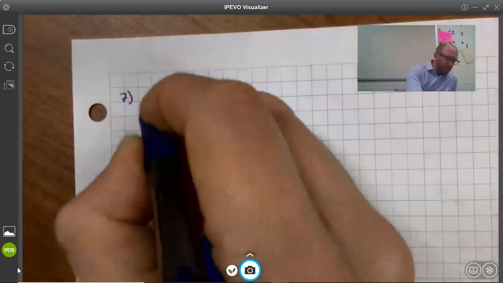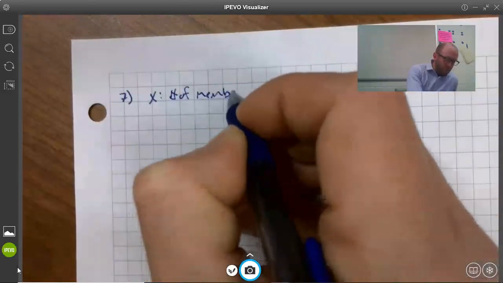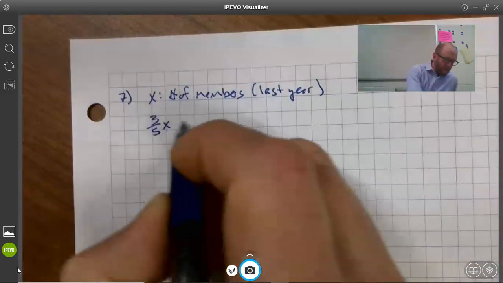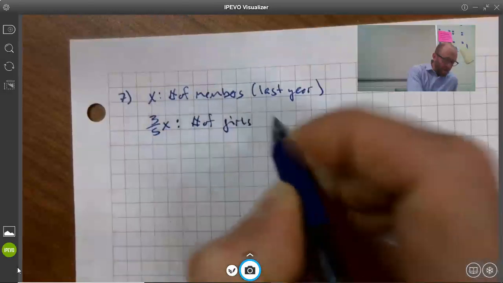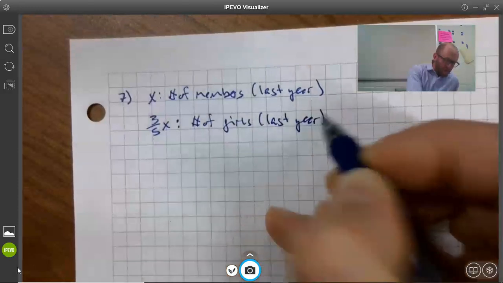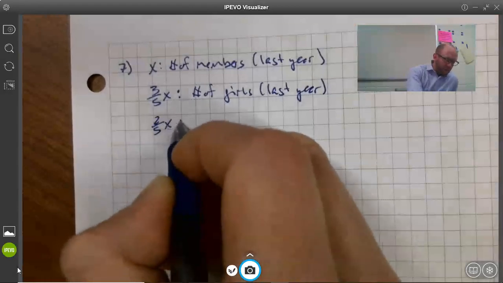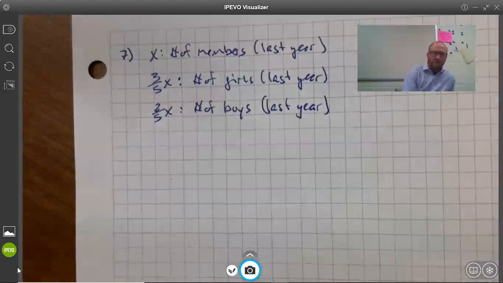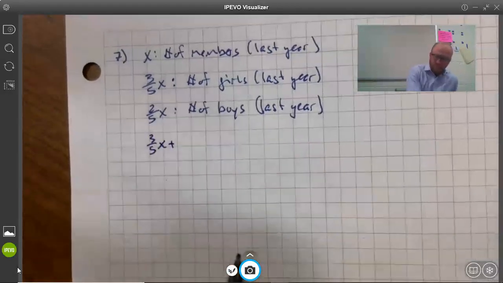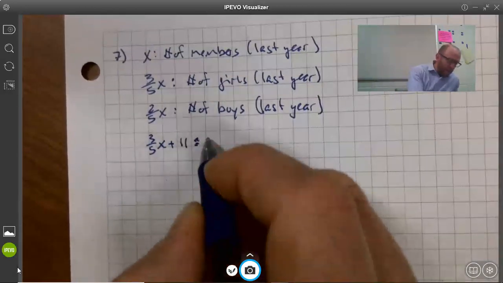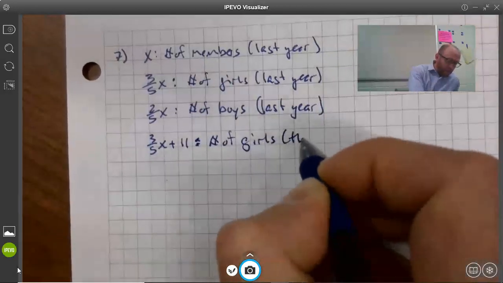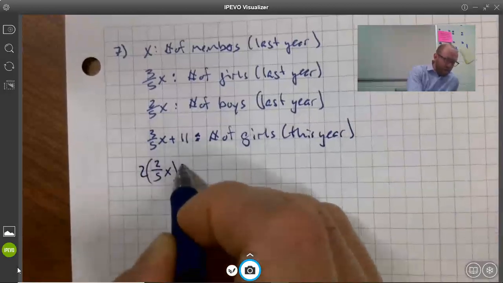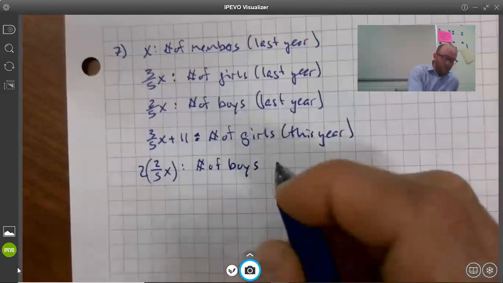All right, so if X is the number of members last year, okay, then 3/5 X is the number of girls last year, and so 2/5 X would be the number of boys last year, and then we would have 3/5 X plus 11 would be the number of girls this year, and 2/5 X times 2 would be the number of boys